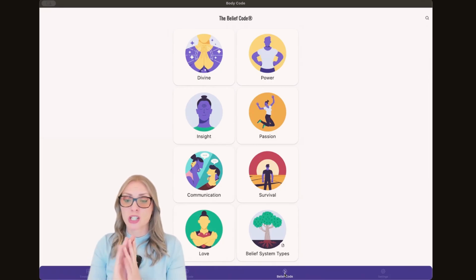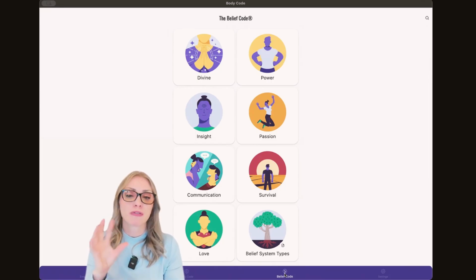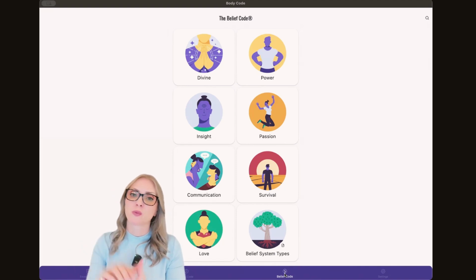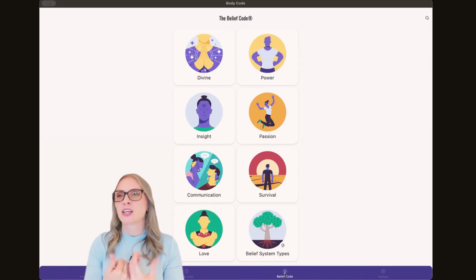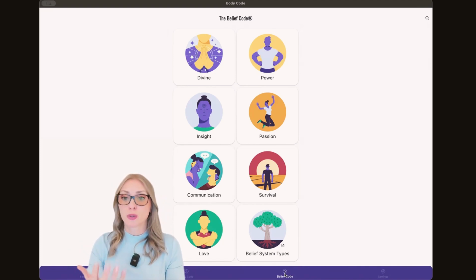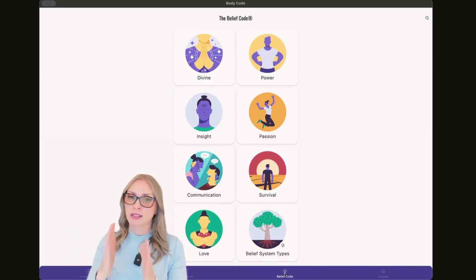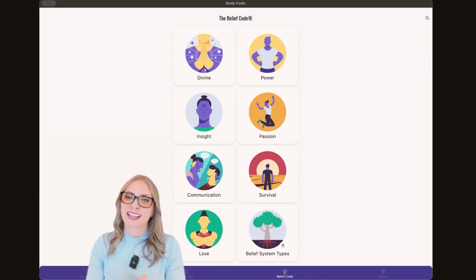This system is genius because it can help you find and release anything that is in the way. So let's say you decide your goal for abundance in your life. Then after that, you can actually find and release anything that is blocking you from living that abundance. And yeah, I find it fascinating and super helpful, and it's really changed my life and my clients' lives.